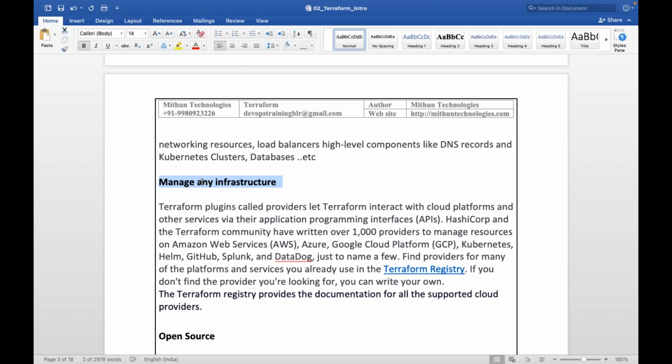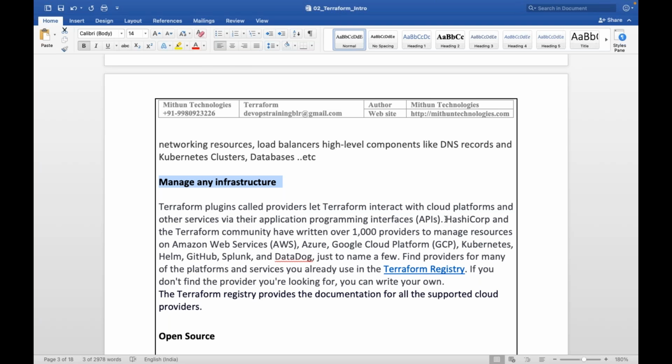In Terraform, there is something called providers. Terraform works with a plugin architecture. The Terraform plugins are called providers. Providers let Terraform interact with cloud platforms and any other services via their APIs.